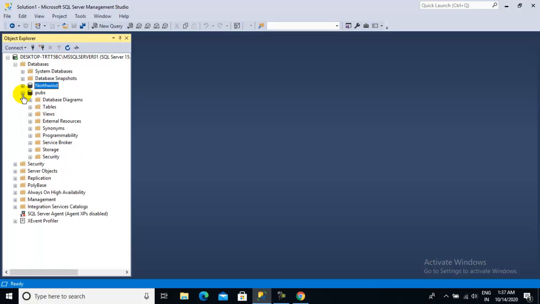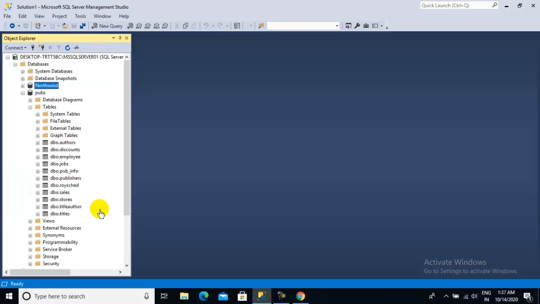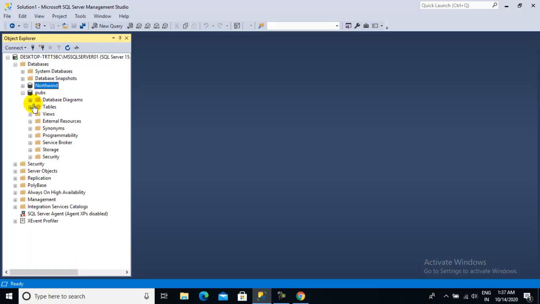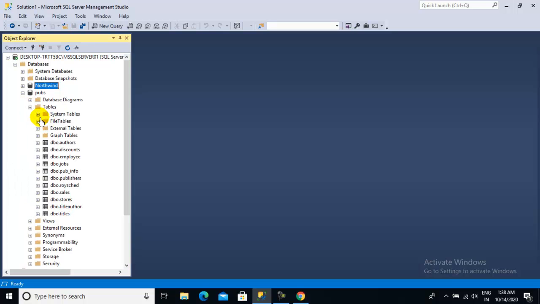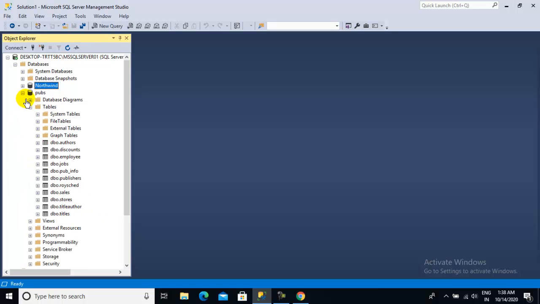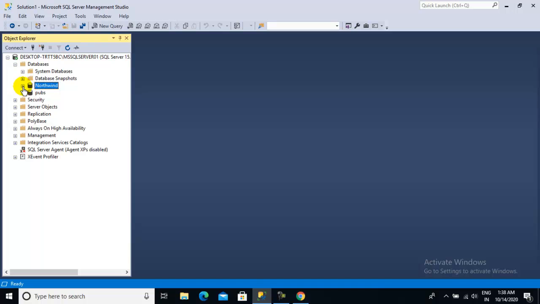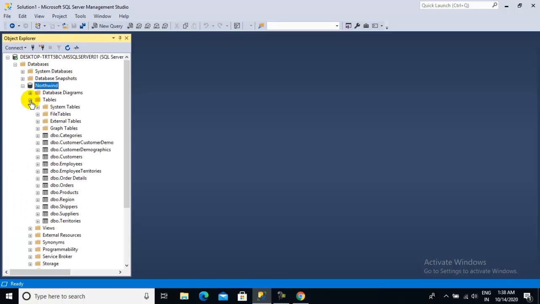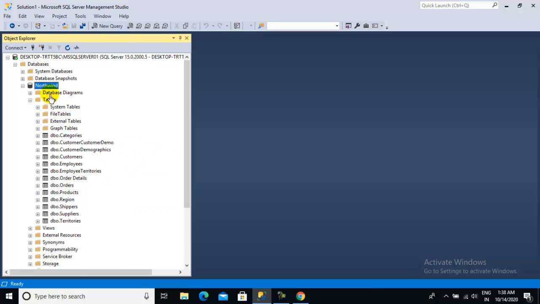And Pubs is another type, like a publications database where author information, book information, publisher information, store and employee information also exist. In real time, when you want to develop a real-time project, these are the tables that should be defined based on your requirement. So now, assuming that we are creating a database with these, let's see. If there are already tables that exist, right?